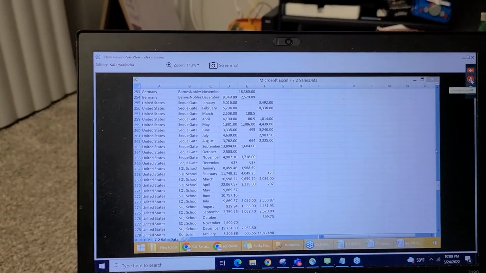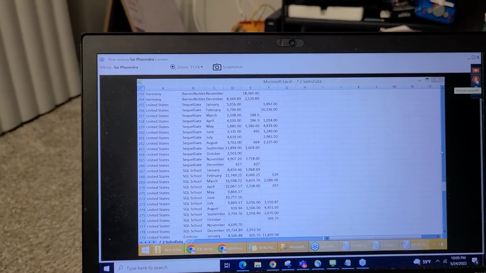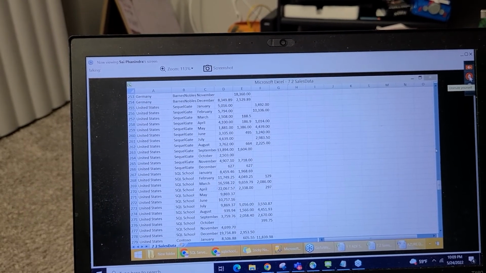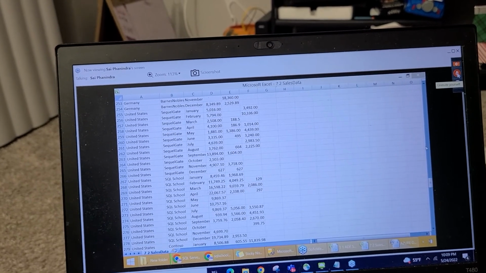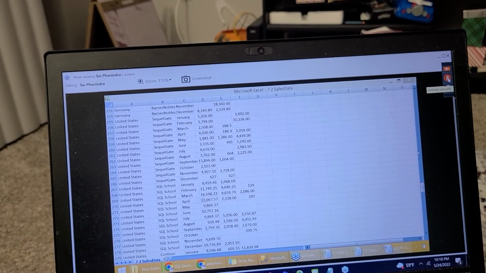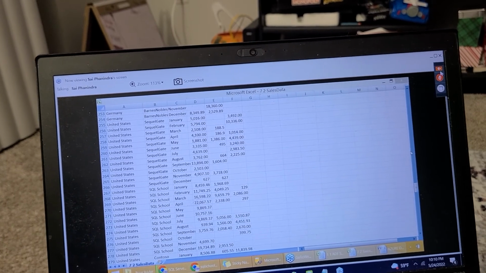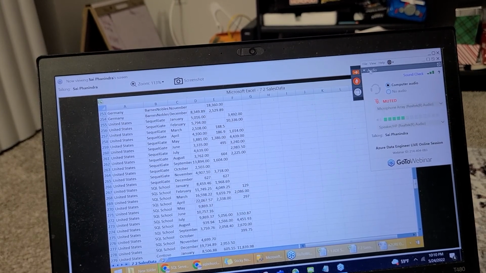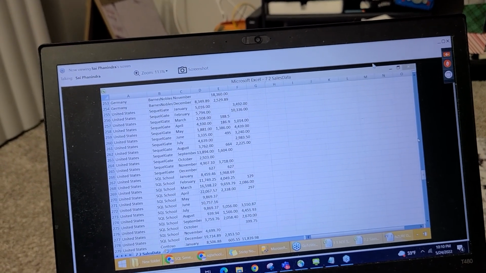Our requirement: read this input data and give it to a dedicated destination per table. All India data should be loaded to one table. Germany data, another table. USA data, a third table, something like that. Okay, that's our requirement. ETL: extract data from this CSV file you see on the screen. And next